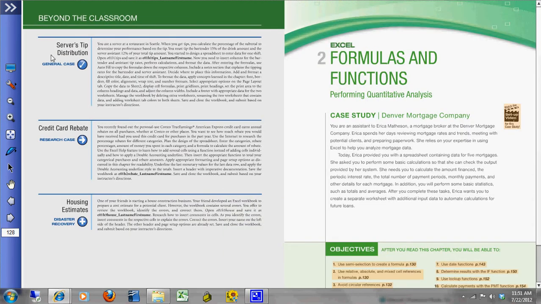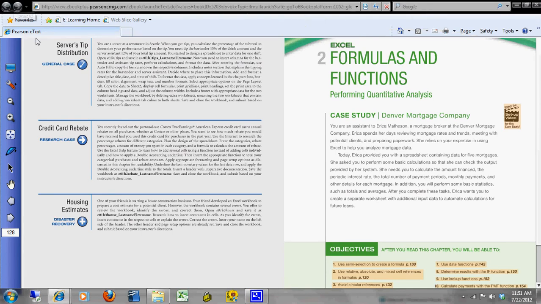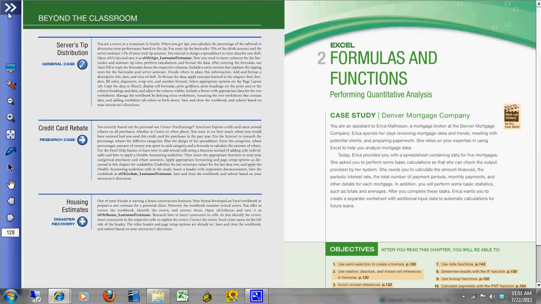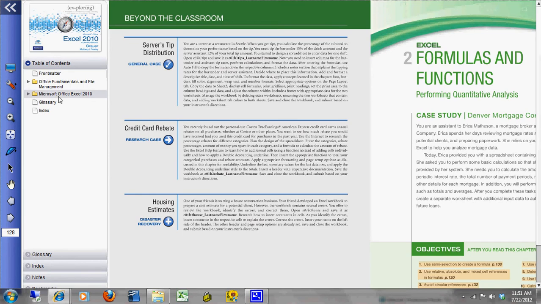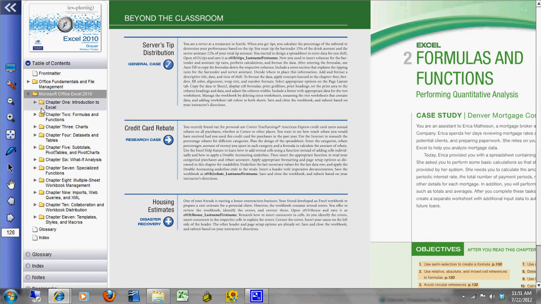Okay, so I zoom in on it, let you guys see that, and I'm in chapter 2 here, and there's also this little button right here that's a navigation tab. All right, I'll show you how to use this. You don't have to use it to study for your final exam. You might want to just use your regular textbook. But I'm going to go here, I'm going to go to chapter 2,